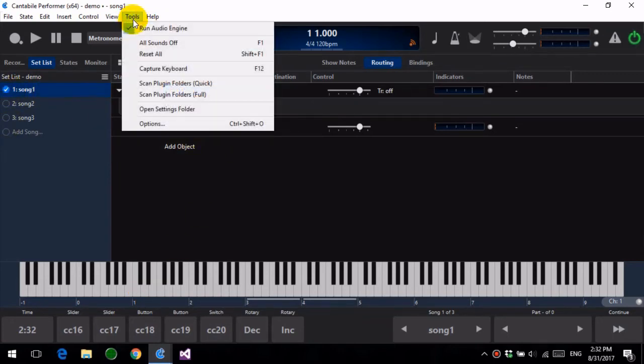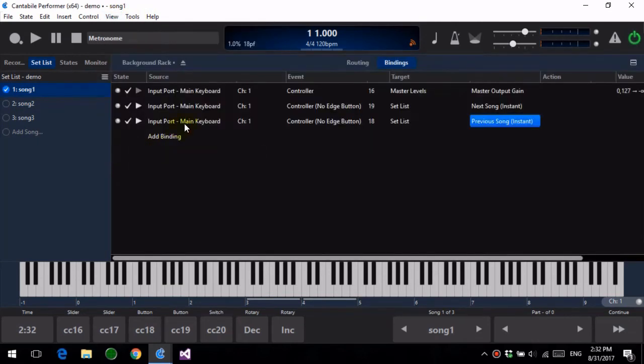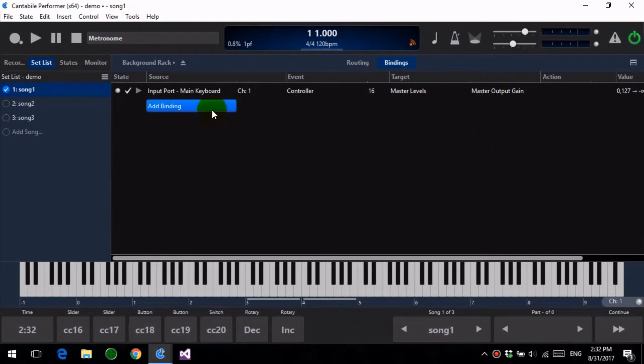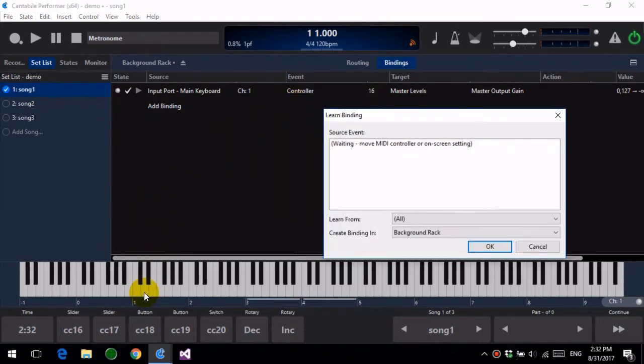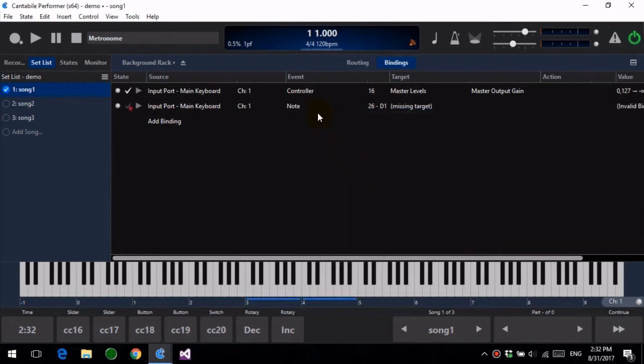It's very similar. I'm just going to go back into the background rack. I'll just delete these two bindings to show you how to set this up. So I'm just going to learn the binding again, and I'm going to say this note here, which is D1. You can see here it's picked up a number of events. It's asking here how you want to interpret those events. We're saying we want note D1, and we're going to map that to the same thing, the set list,